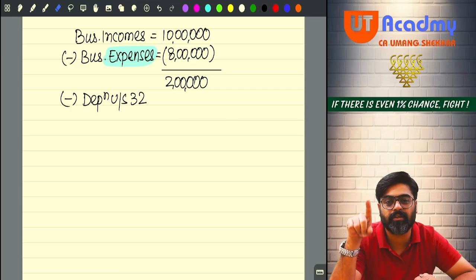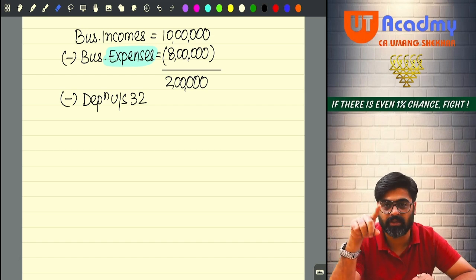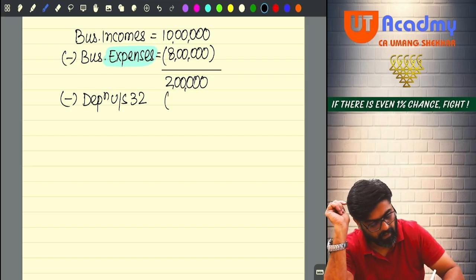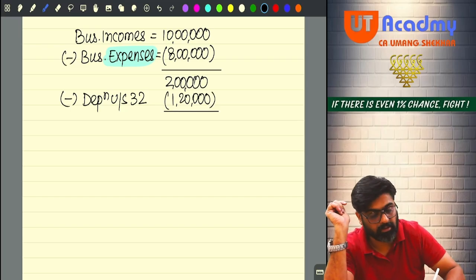Now what if the depreciation is more than this profit? Then whatever balance amount will remain, that will not be your business loss, that will be unabsorbed depreciation. Yesterday only we had a discussion about this, yes or no? For example, the amount of depreciation here was 1,20,000. Possible or not possible? Possible, sir. So there is a profit of 80,000 still.